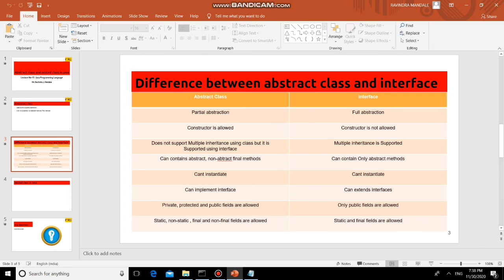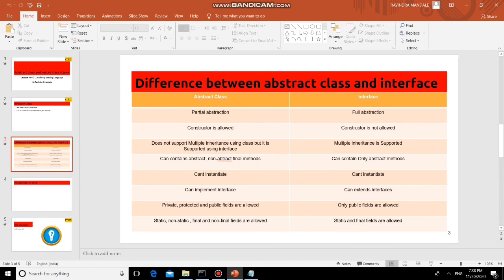Next difference: we don't have a constructor for an interface, but as an abstract class is a class, a constructor is allowed. Next, you know that by using classes we can't achieve multiple inheritance in Java. So by using an abstract class we can't achieve multiple inheritance, but by using an interface we can. One class cannot extend multiple classes, that is not allowed.